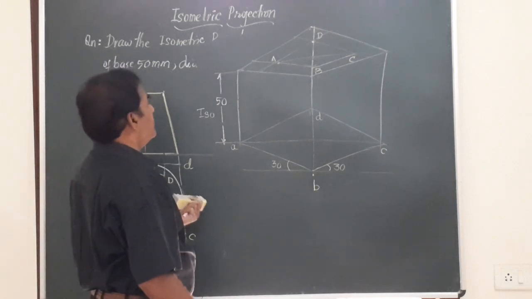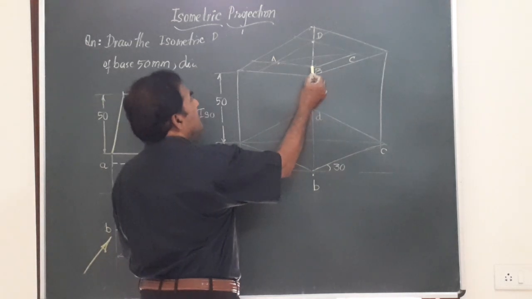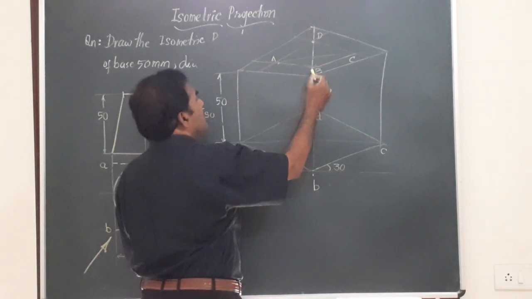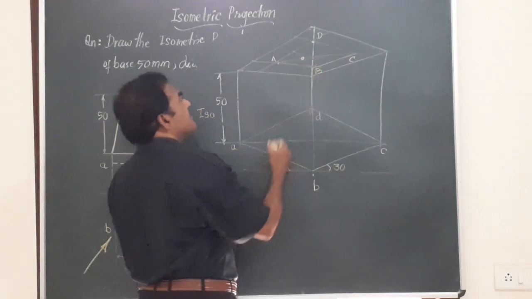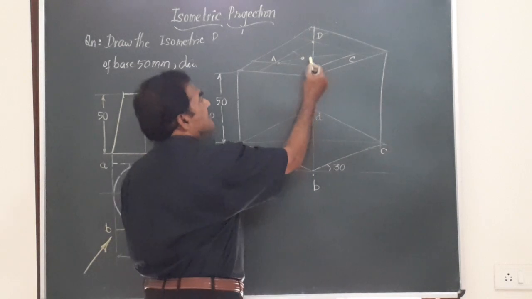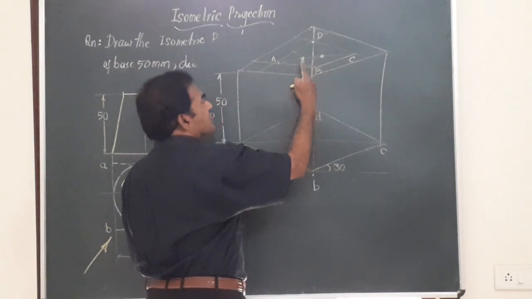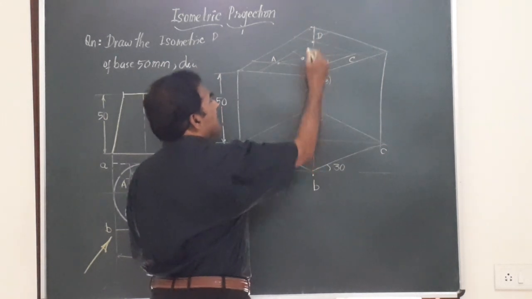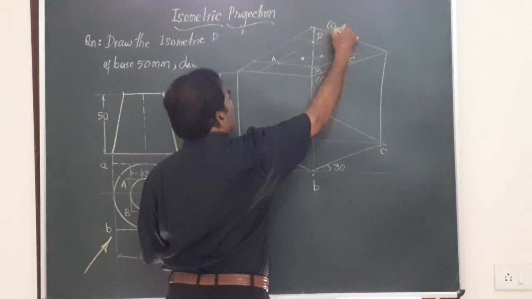So how do we do now? So 4 center method we have already done. Join B to the center of the opposite side. The opposite side is AD. B is here. Join. It meets here. This becomes center 1. Likewise, at the same distance on the other end, you will get center number 2, C1, this is C2, B will become C3 and D, the last one is C4. So, you got 4 centers.